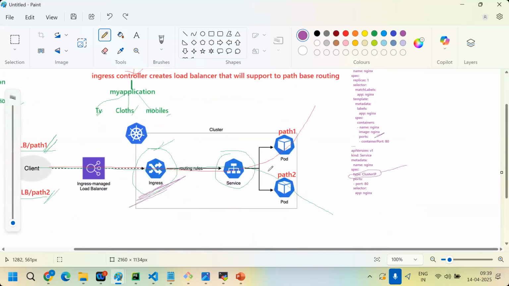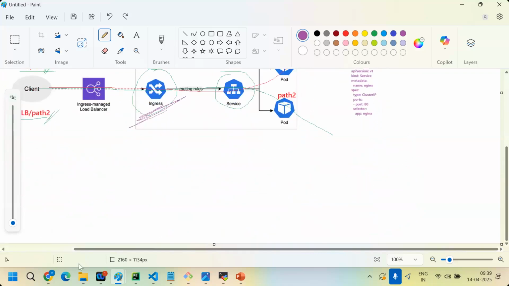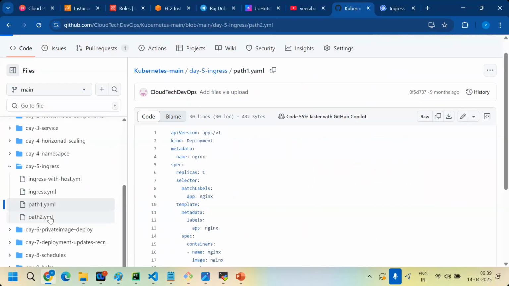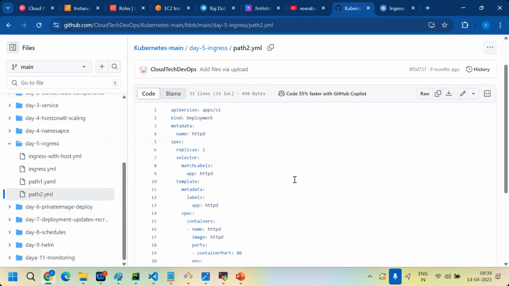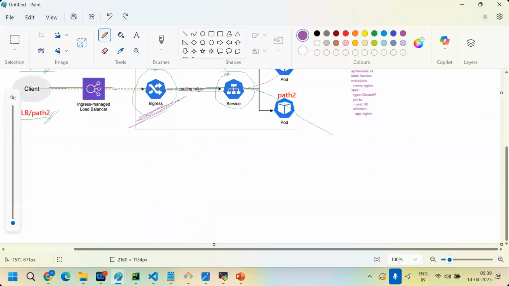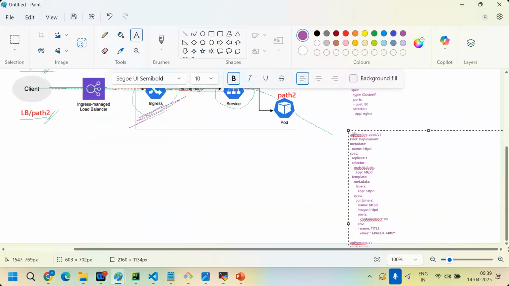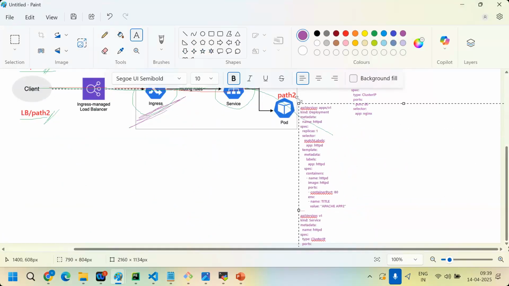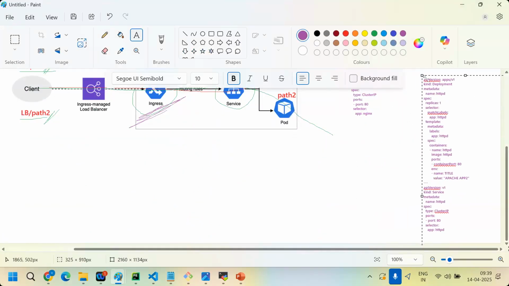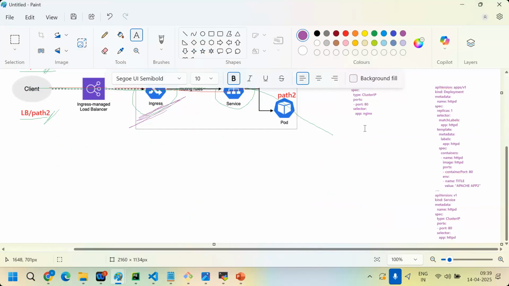Now let me take one more YAML file, path2. This is path2.